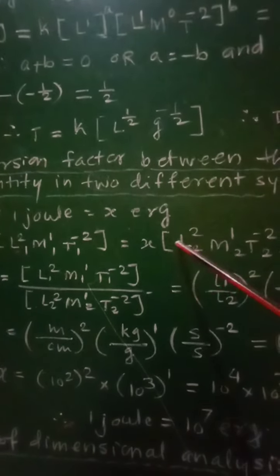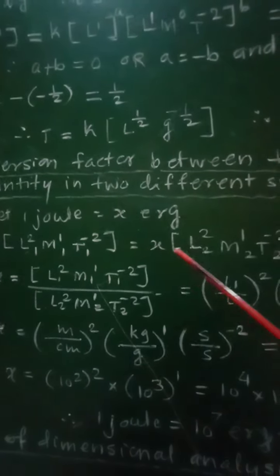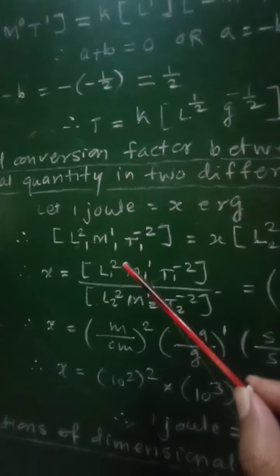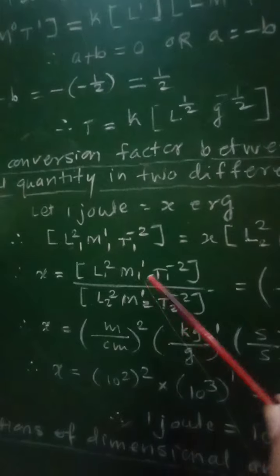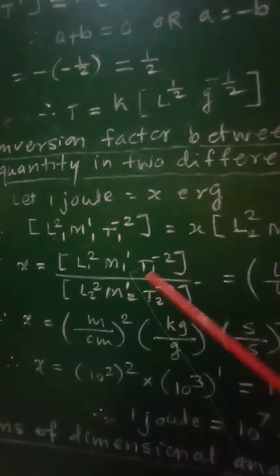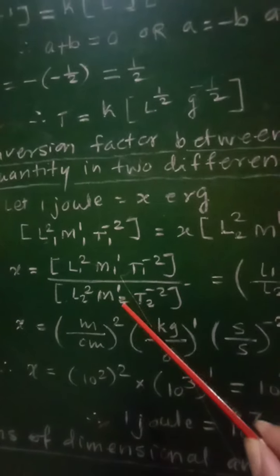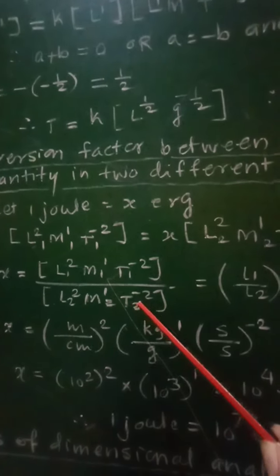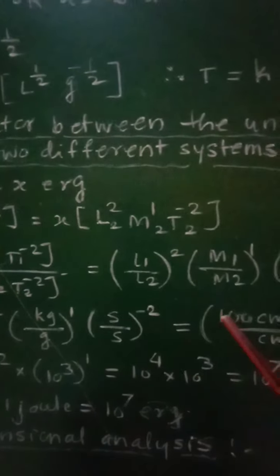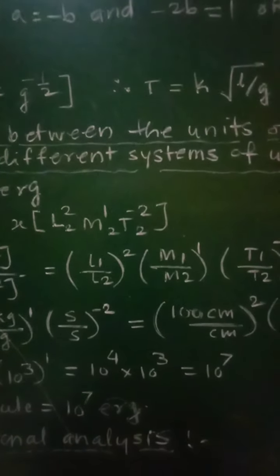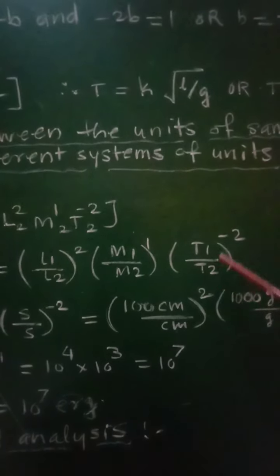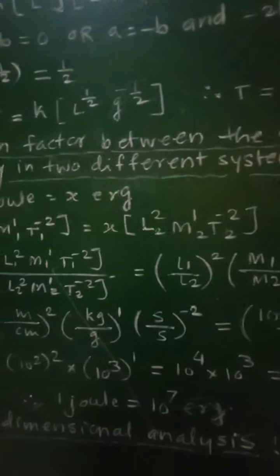Now this x can be calculated by dividing this term by this, and therefore we can write x equal to [L1]^2 [M1]^1 [T1]^-2 divided by [L2]^2 [M2]^1 [T2]^-2. That will be written separately as (L1/L2)^2 into (M1/M2)^1 into (T1/T2)^-2. But we know that